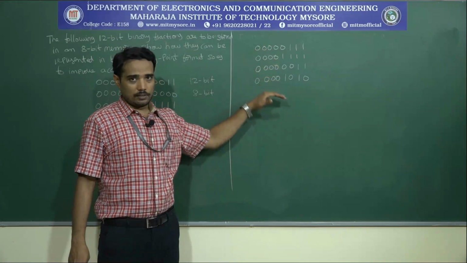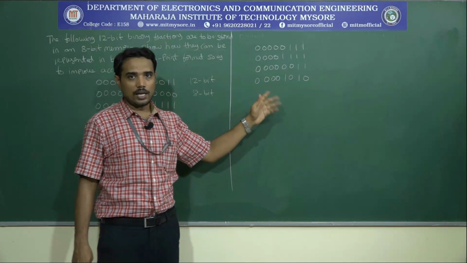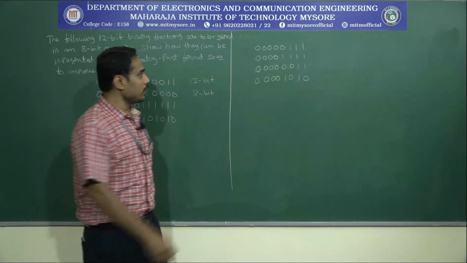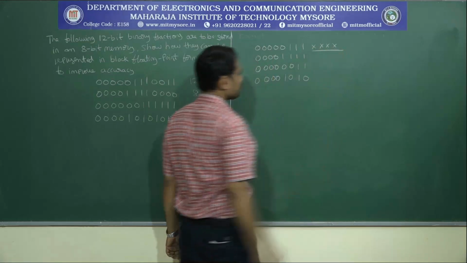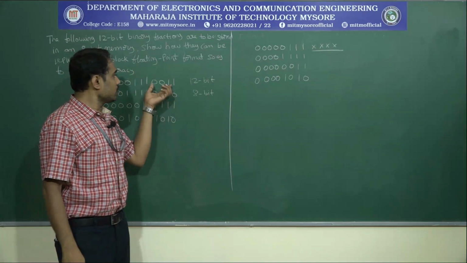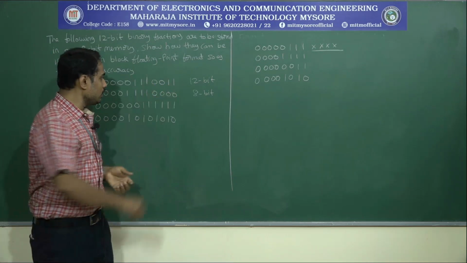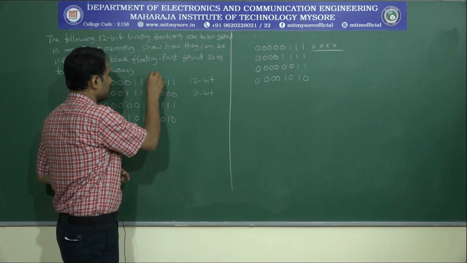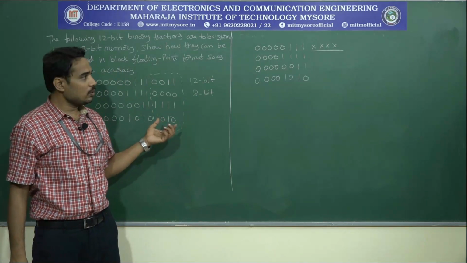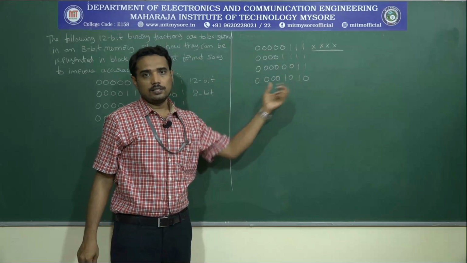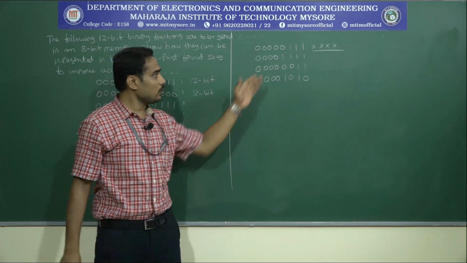Now, if I observe, what is the scenario here? In this case, we are losing the accuracy. How do you say? Because we are left out with the lower order bits, and those lower order bits contain some crucial values. If you observe, all these 4 bits are not simply 0. They have some value. So if you write like this, then we are going to significantly lose the accuracy of the number.